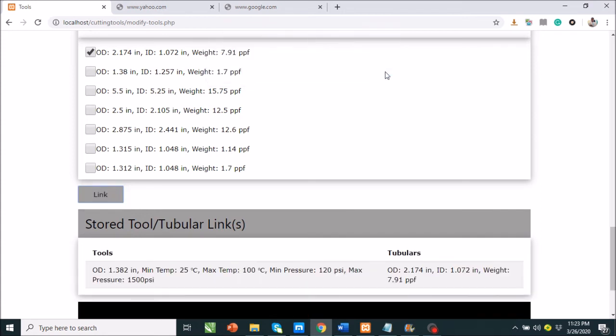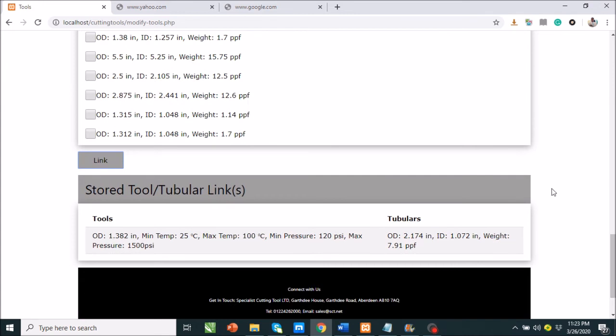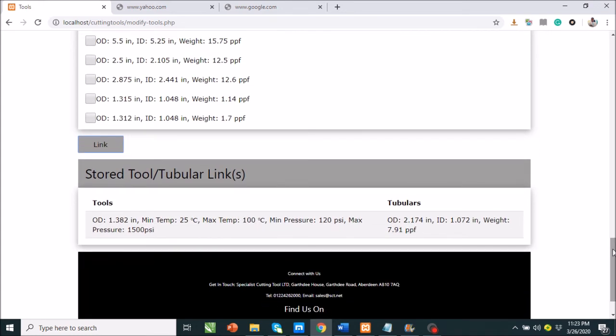Okay. And I'm going to observe that once I've done that and have the confirmation message, my tool has been stored. It has been modified. The modified data has been stored underneath the tool tubular links. So these are the modified data for the tools, while these are the modified data for the tubular. Now we can proceed to the next, which is